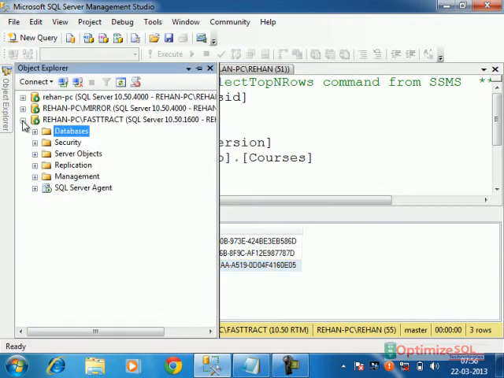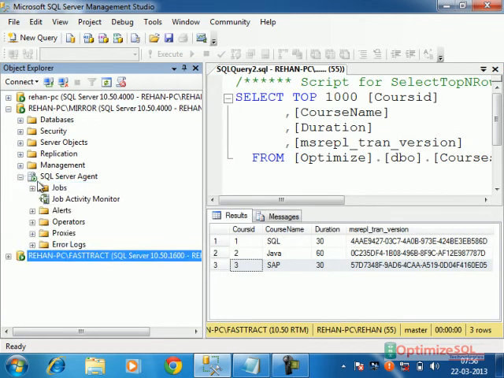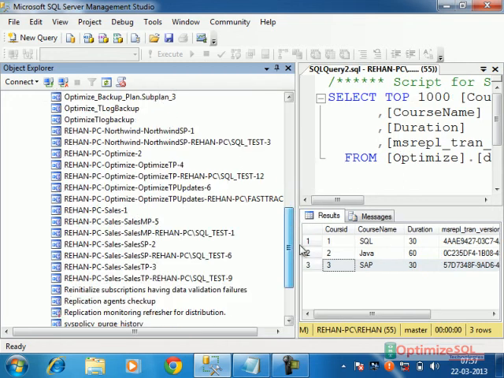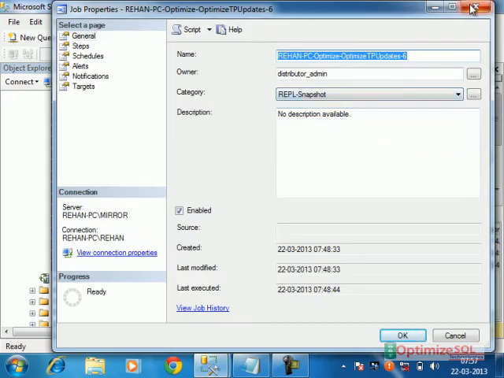Let's check what agents are created. Observe here, jobs. Are the agents there or not? Optimize transactional publication with updates. Which type of agent is this? Snapshot agent, already we have seen.